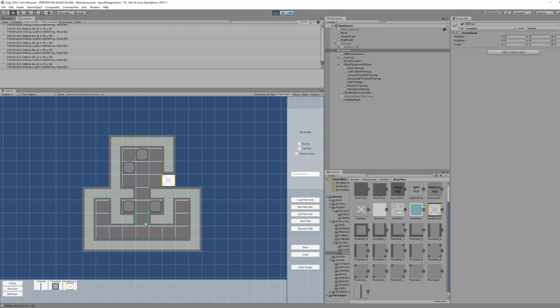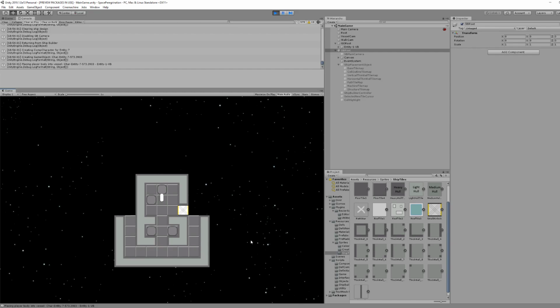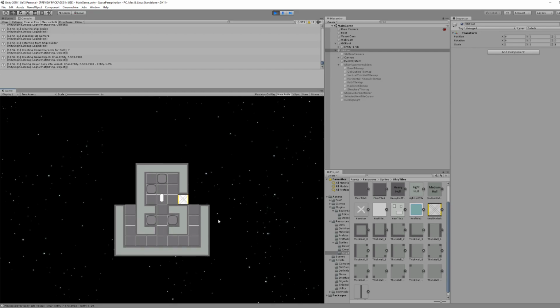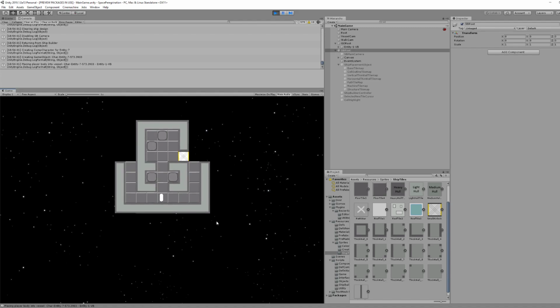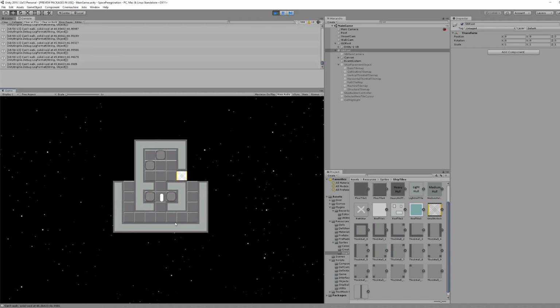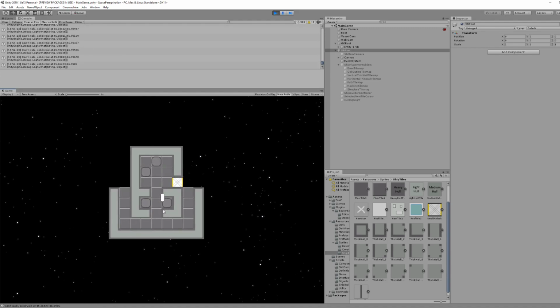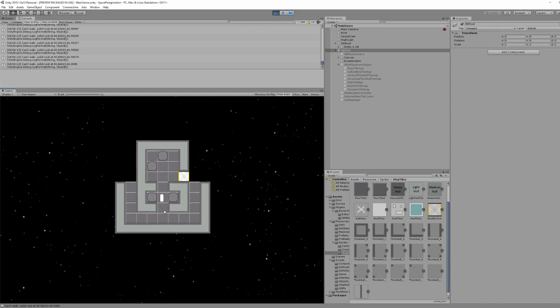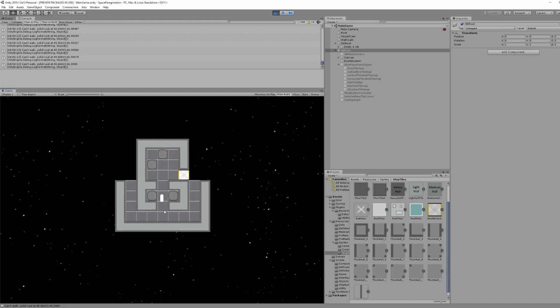For some reason, when I did that in real life, I couldn't replicate it. It only happened in the video where I couldn't get rid of that extra wall. The wall disappeared, but the character wasn't able to walk through it. Can walk through it now. That's all good. So before it would just get stuck here as if there was a wall,